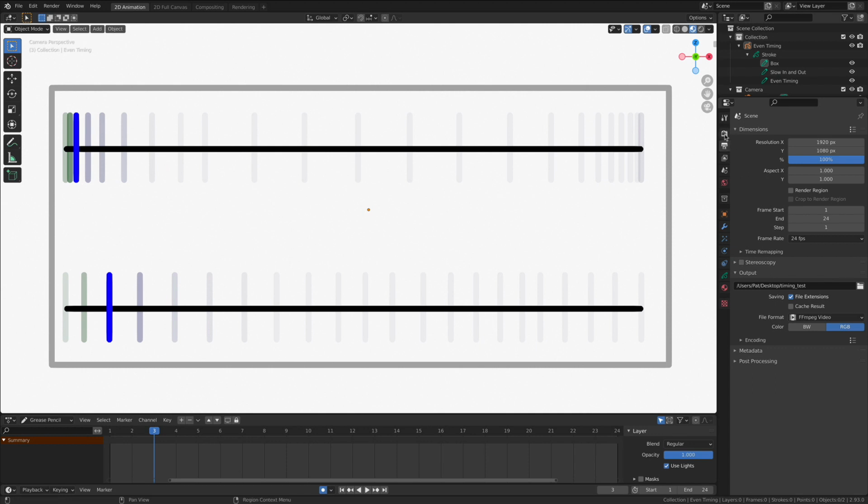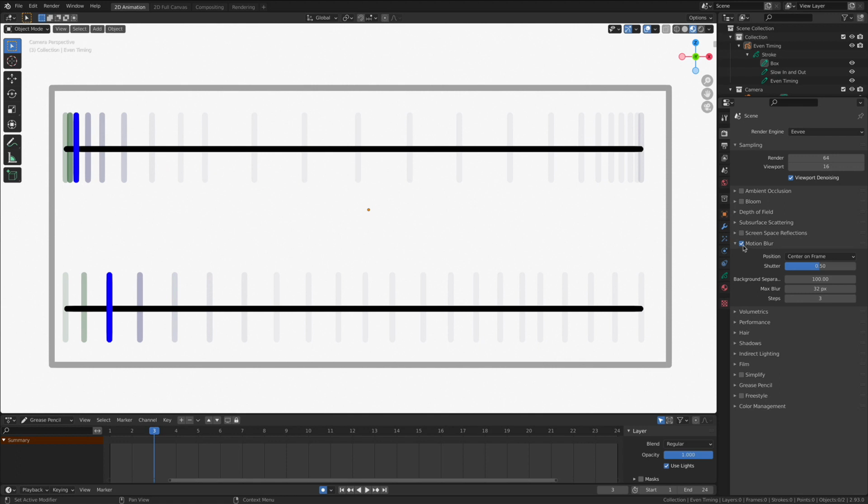Now, the other thing that I would encourage you to do is to go up one icon in your properties bar to this little camera icon, and activate motion blur, which is going to blur the animation frames across our timeline, and just starts to make it look a little bit more photorealistic. For the most part, you can keep the defaults. I increase the steps to 3, which just increases the quality of our motion blurs ever so slightly.